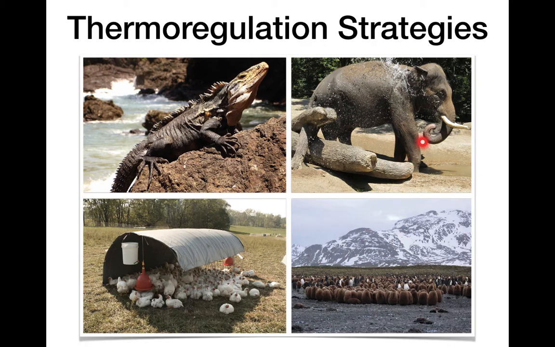So the elephant, to cool itself off, is spraying itself with water to help cool itself down. We have the penguins who are all clumping together into a big group to help keep each other warm. The ones in the middle will be warmest, and they usually take turns being on the outside. So they can get cold, and they kind of rotate in, so everyone has a turn being in the middle